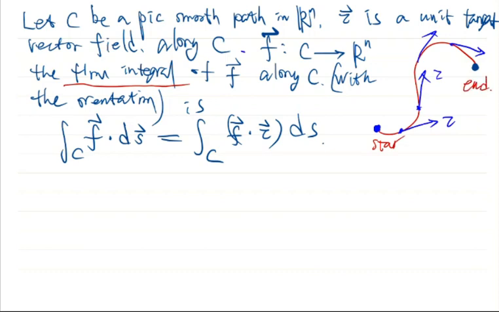If we reverse the roles of these 2 points, now this is the starting point, and this is the end point, then the tau will reverse its direction. Okay, the vector tau will reverse its direction, so the integral will change sign. Okay, so we have this relation,